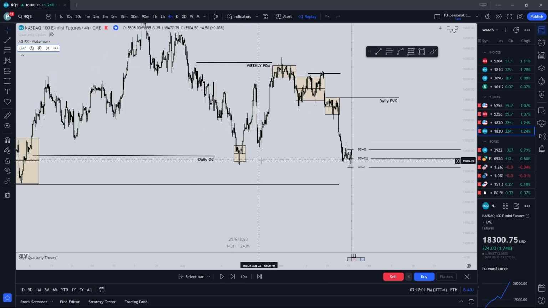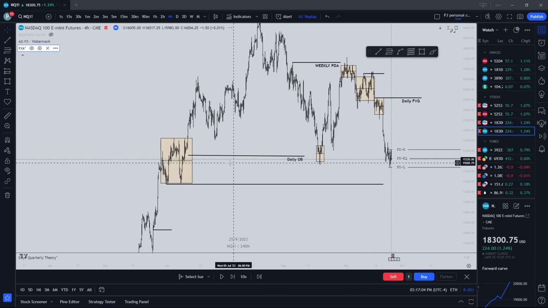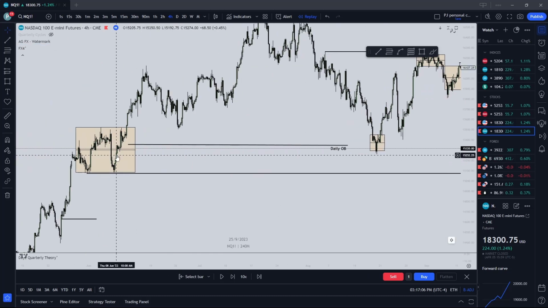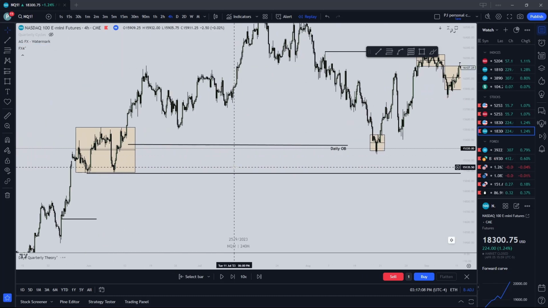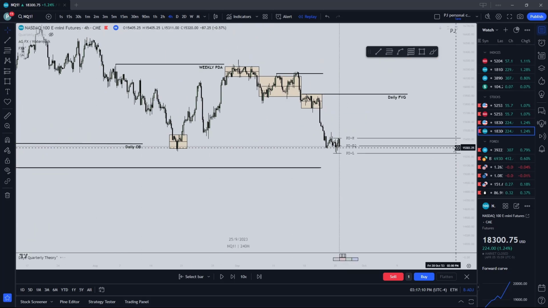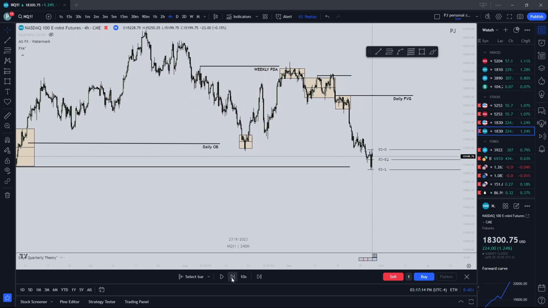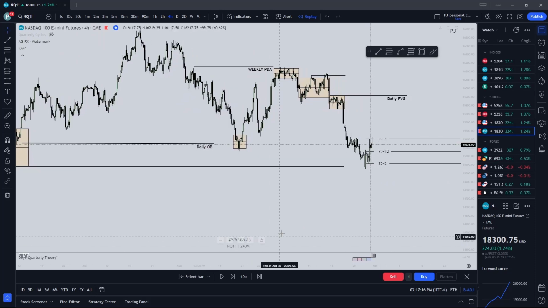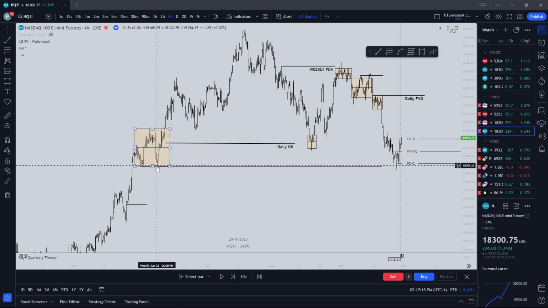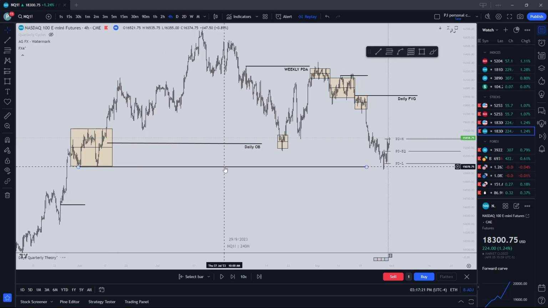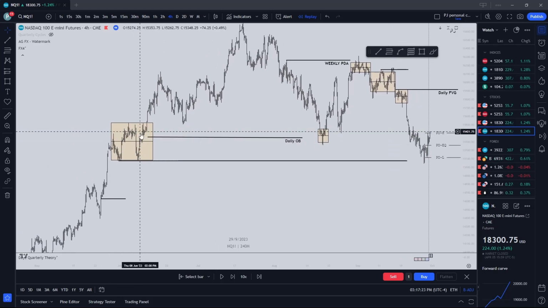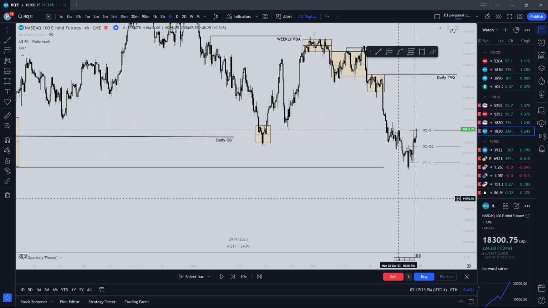We now sweep the lows, with the daily BPR sitting below. Or, sorry, these equal lows sitting below, from this accumulation leg. We sweep the lows,